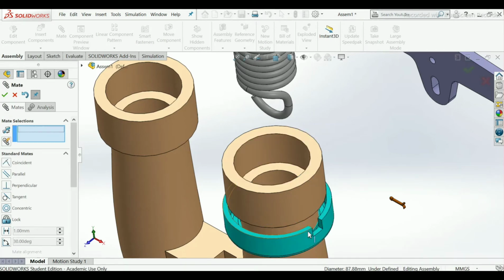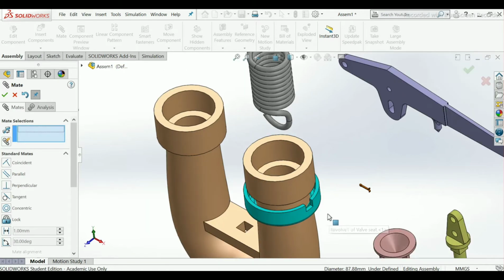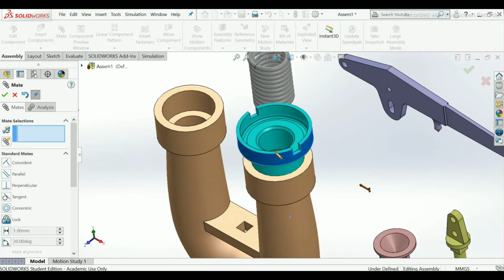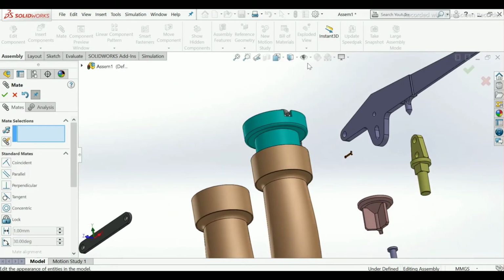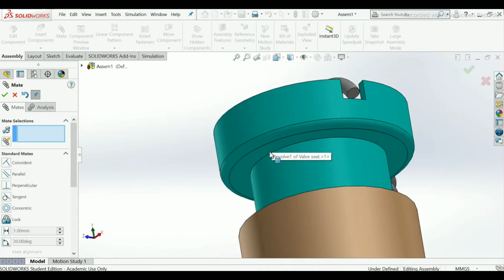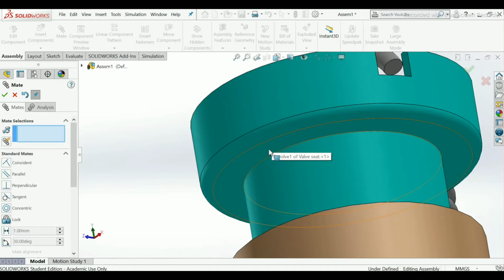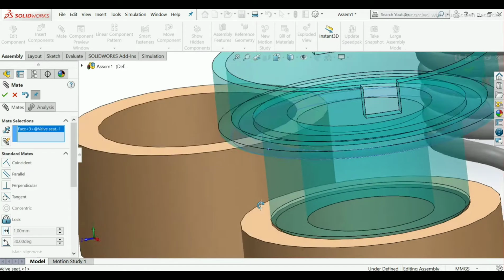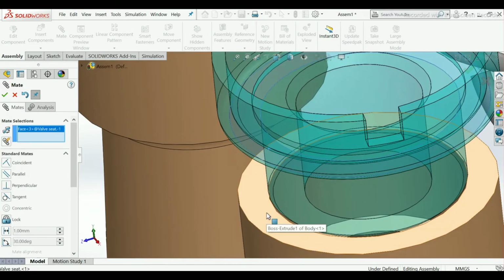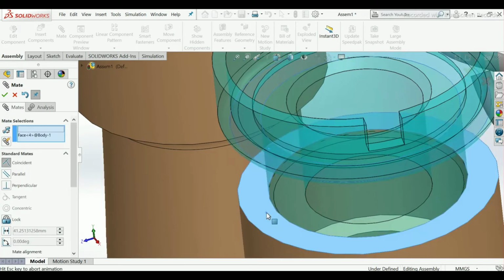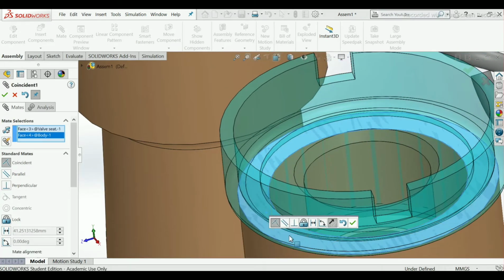Okay. Now drag this wall sheet to the upward direction. Select this face and this top face of body. Make here the relation coincident. Okay.